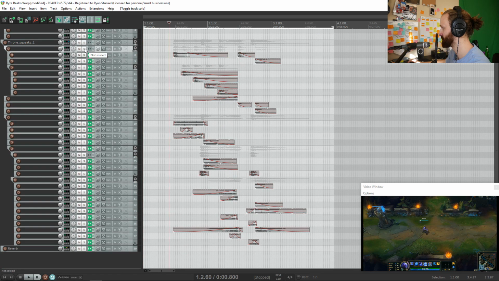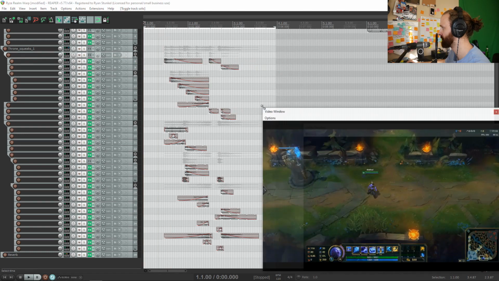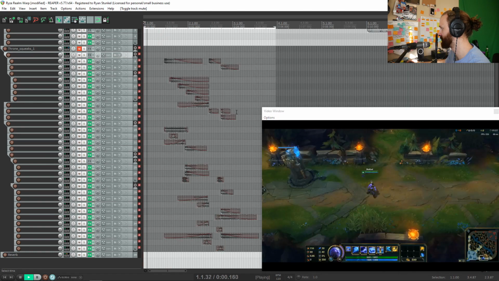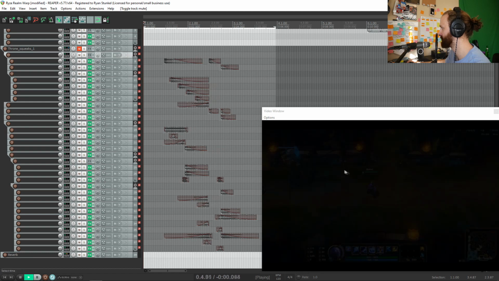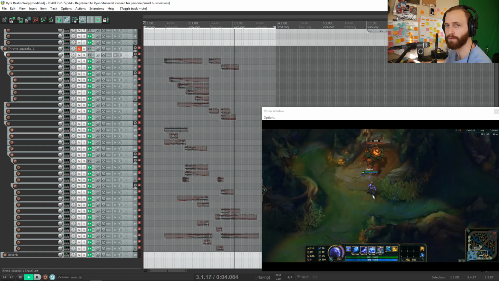One of my goals with this sound was to be as attentive to details as possible. Even just looking at the animation, there's so many small things going on. There's the beam of light that shines in from above him. There's these little runes that are lighting up. And then the teleport, and then the final explosion of the teleport. There's a lot going on.